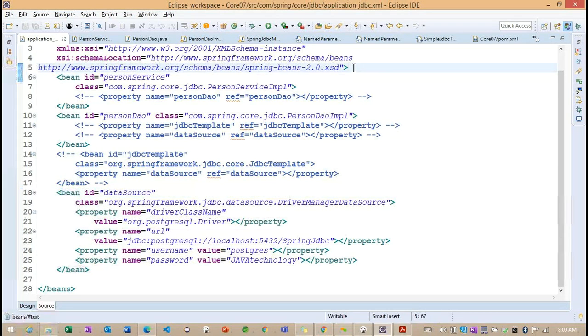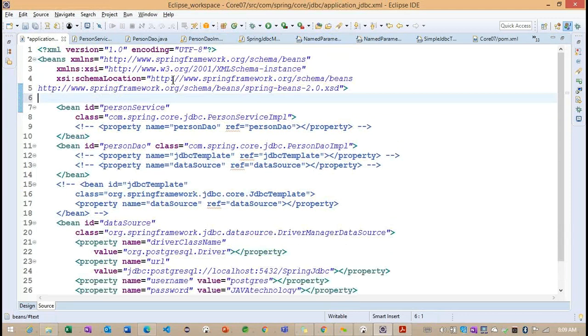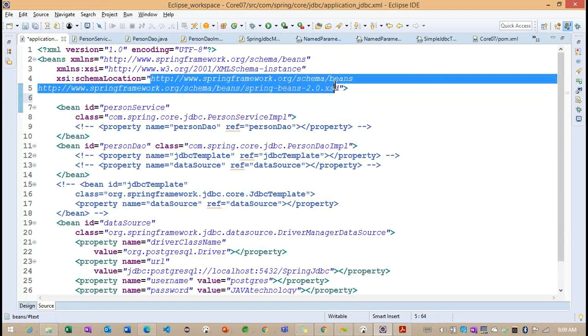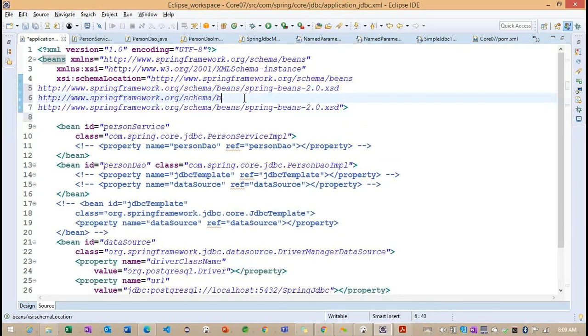Okay, but now we need to work on one more piece of information here. What is the one more piece of information we need? Here we need to define the context. Why do we need to provide the context here?